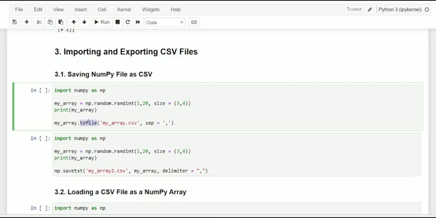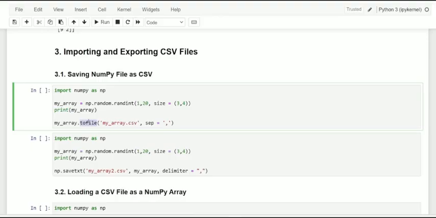See here, dear friends, this CSV file, that is comma separated values, these files are an important source of data. So the NumPy library contains functions that allow you to store a NumPy array in the form of CSV files. And the NumPy module also allows you to load CSV files into a NumPy array. So both things are possible.